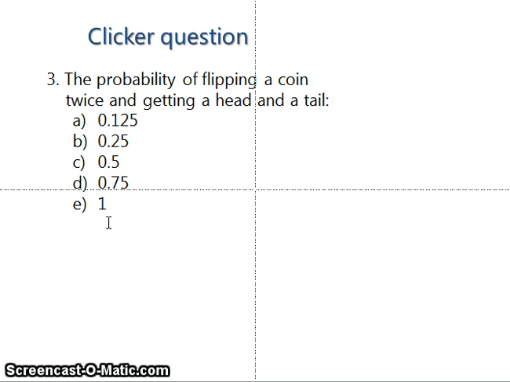Okay, this one's a little bit trickier. The probability of flipping a coin twice and getting a head and a tail. Now there are 2 ways to get a head and a tail. You can flip a head first and a tail second, or you can flip a tail first and a head second. Normally you would have a 0.25 probability, but because there are 2 ways to do this, you sum those, and then you get 0.5. And so one way to think about this,